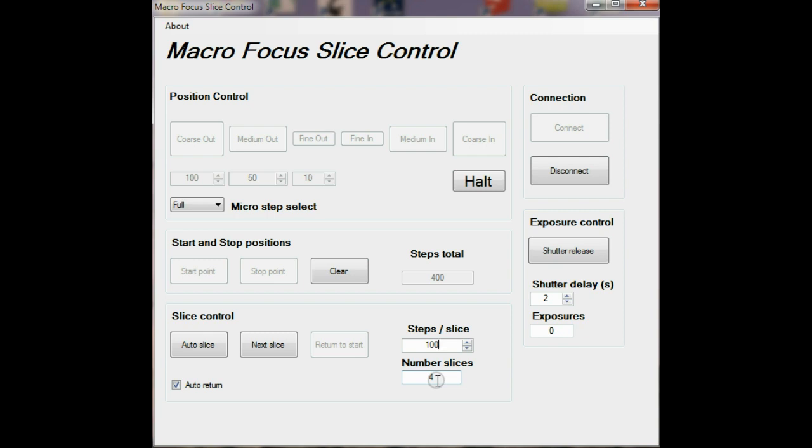And I'll explain that. If you draw it down, if you've got 4 slices, and you take an image at the start, and you take an image between the slices, and you take an image at the end, you actually get one more image than you've got slices. So you will get 5 shots across 4 slices. So we're pretty much good to go. We've got auto return ticked. So at the end of the sequence, the software will move the motor back to the start. So if we hit auto slice,